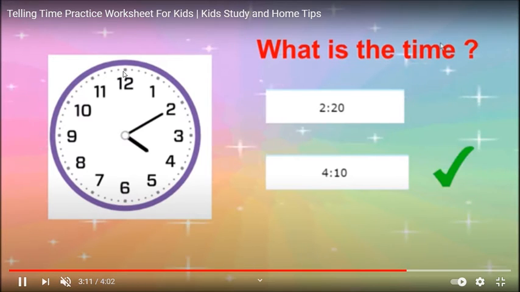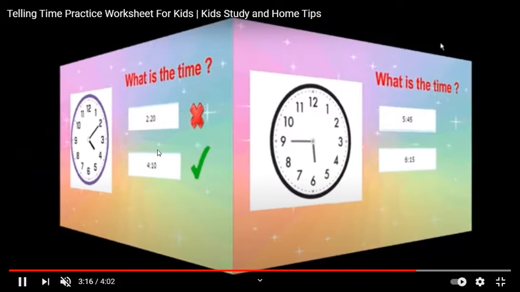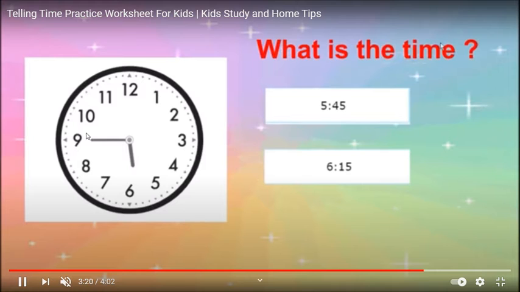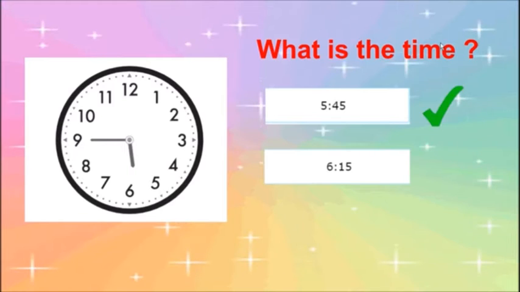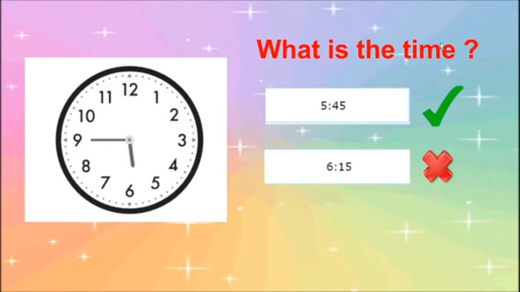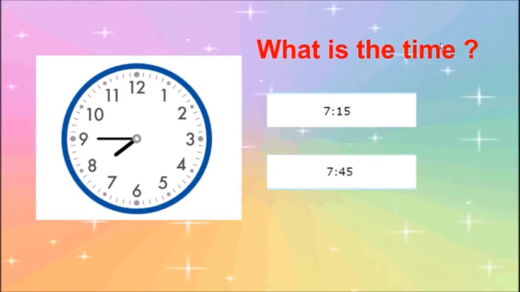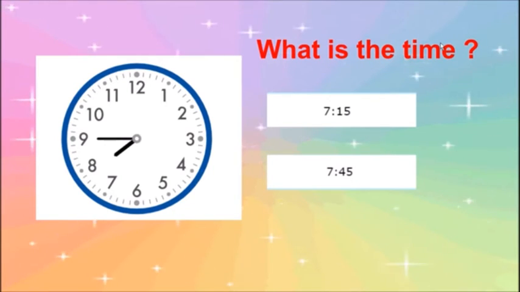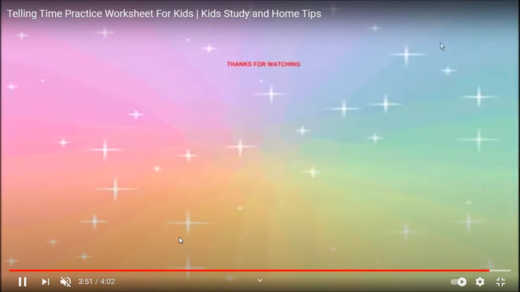On this clock, from 6 to 12, this whole area is coming past, and this whole area is coming to. Now, quarter to 6 or 5:45 means 15 minutes remaining for 6 o'clock. Okay, what is the time now? Quarter to 8 or 7:45 means 15 minutes remaining for 8 o'clock. I think you understand the times.